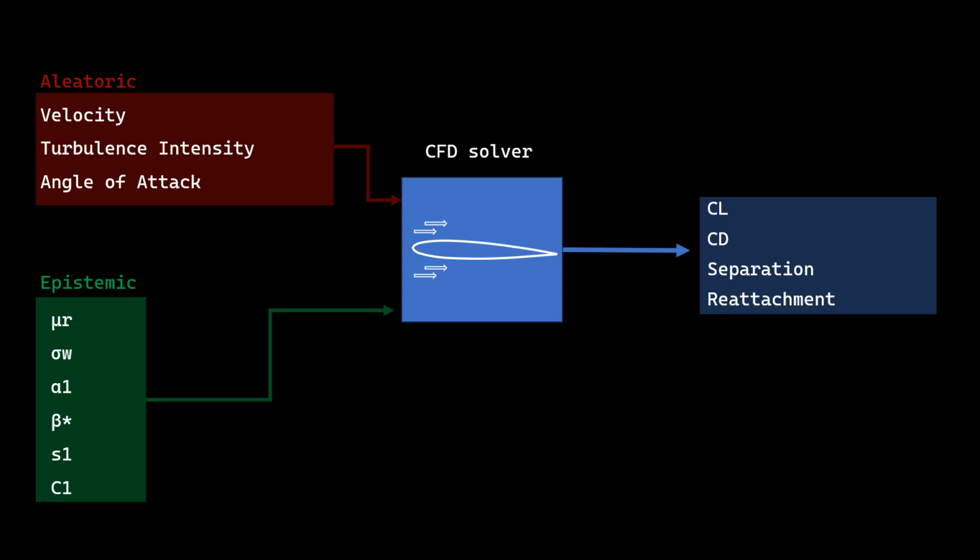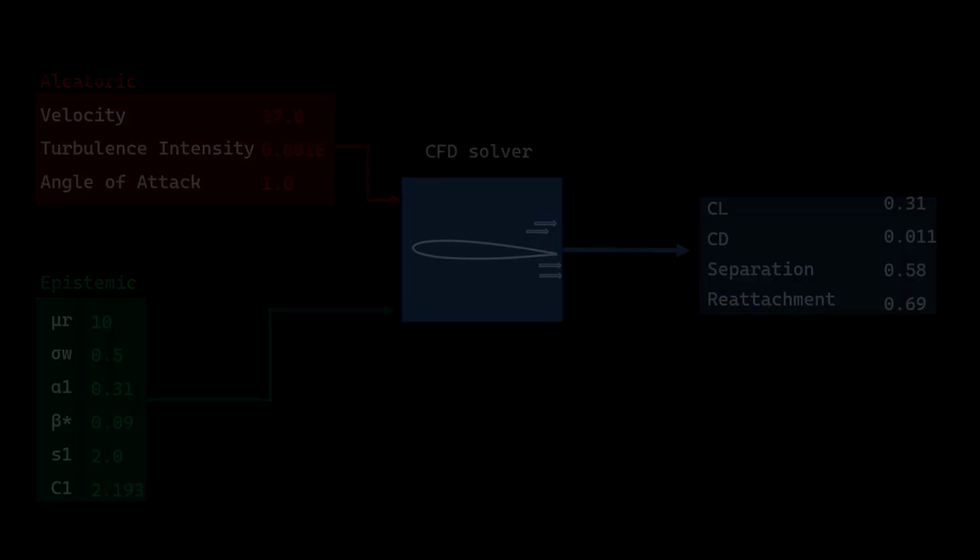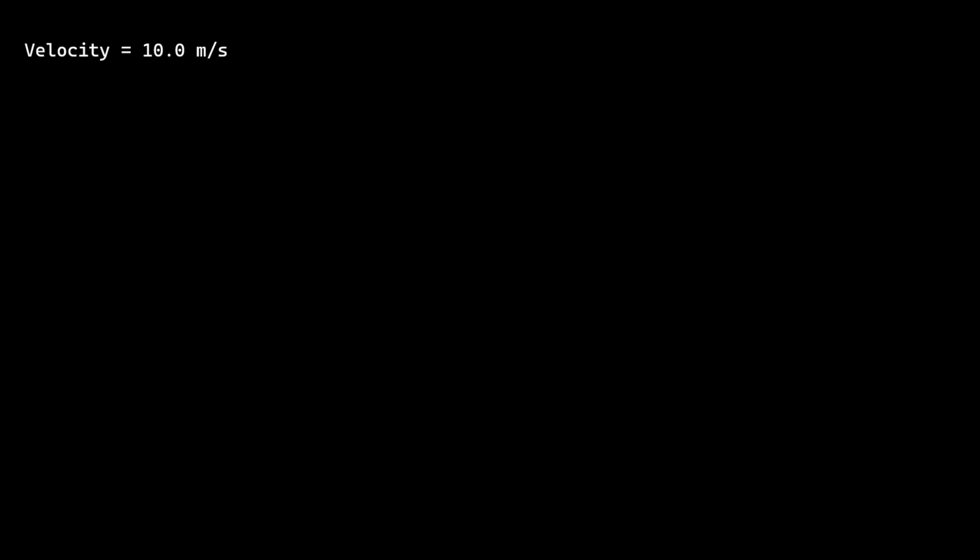So when solving a classic CFD case, we select a single value for all these variables. We use these inputs to feed our CFD solver, which can be StarCCM, Fluent, or OpenFOAM. And then after the simulation is converged, we get some outputs. In this case, we are monitoring lift and drag coefficient, separation, and reattachment location. However, is our velocity really 10, or can it be, for example, 10.1, or I don't know, 10.3, or some